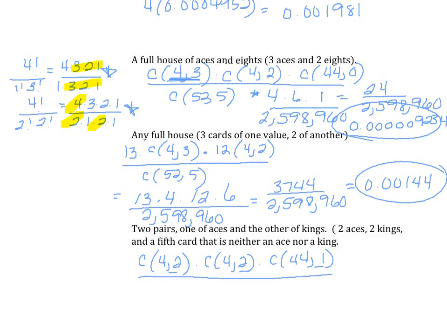All divided by 52 choose 5. Okay, we already know what 4 choose 2 is. Again, 4 choose 2 ended up being 6. So we're going to have 6 times 6. Remember, if I have 44 cards and I want to choose one of them, I have 44 cards to choose from, so I don't need to use the formula. Divided by